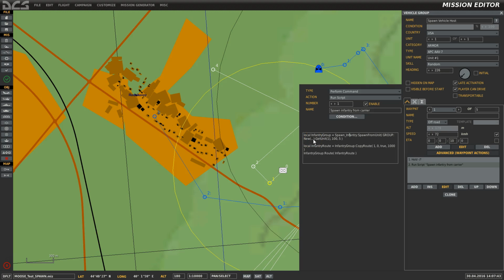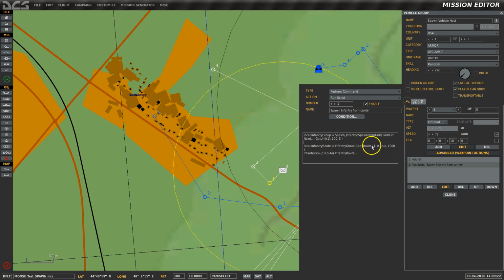Maybe you don't know this, but what happens is you get the group at the waypoint as a parameter that's represented by the 3 dots. So I'm constructing a new group from that. Then I can get the first unit of that. Parameter is the outer radius. So within 100 meters, I want to spawn this new infantry with a 5 meter inner radius. I don't want those units to be hitting my vehicle, so I want them to spawn at least 5 meters from my vehicle. And then I got the infantry group as a result,